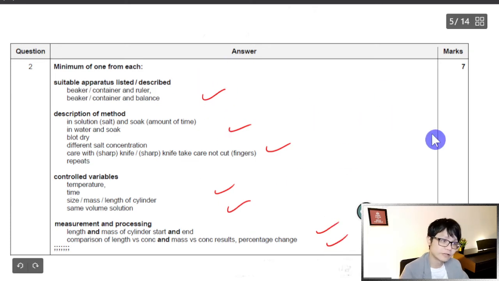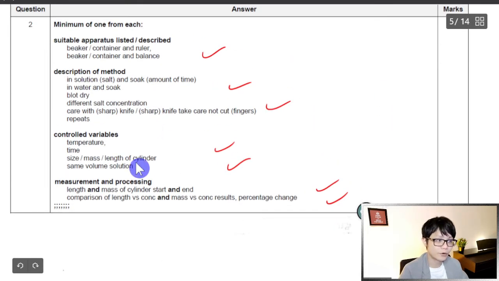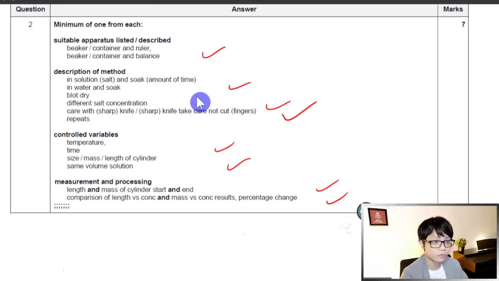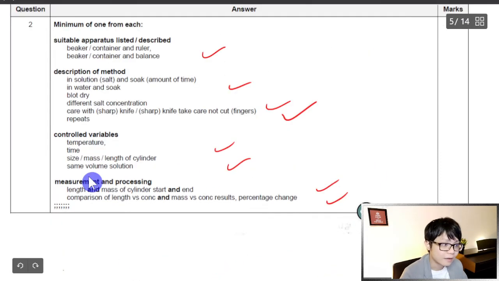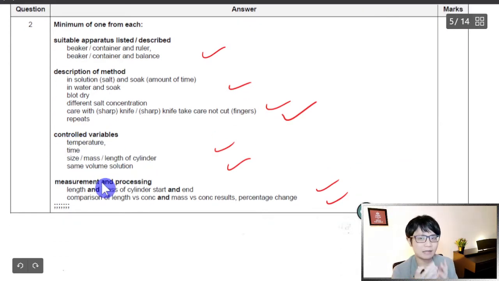So you need to get at least 2 points, 2 points, 2 points, 2 points the best. Especially for description, it could be 3 points as well, because you talk a lot, you need to explain a lot using your own words. So as long as everything adds up to 7 points, then you get the marks. And you need to write the variables. So every time during an experiment, I think it's a common thing, even if it's not in the marking scheme,